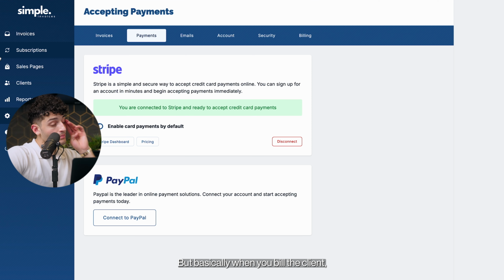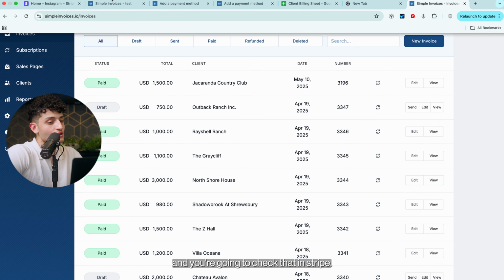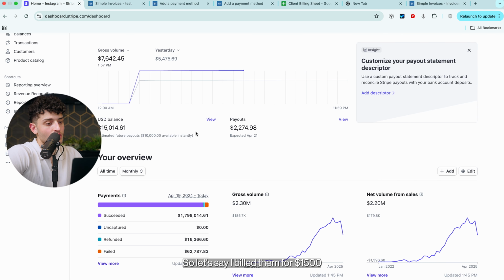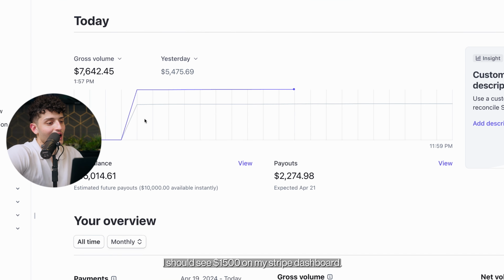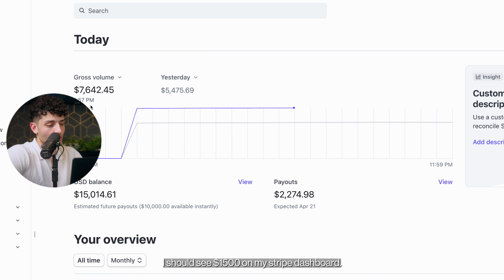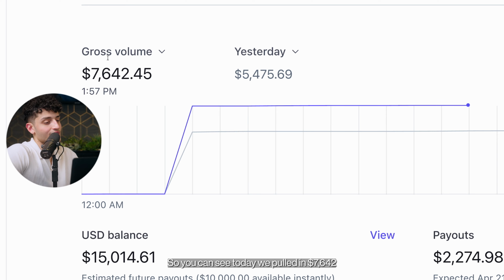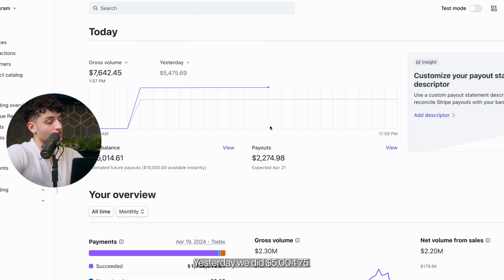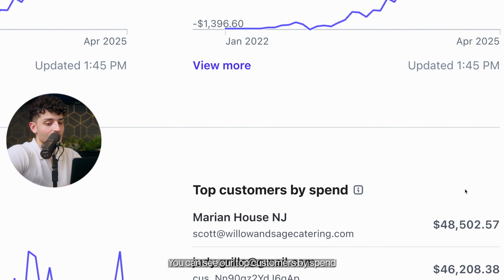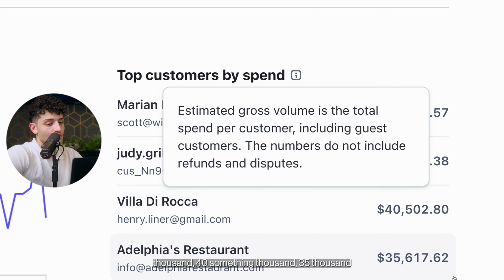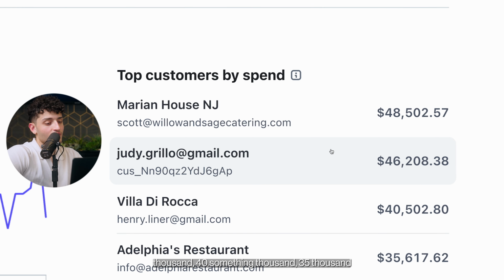That's very easy. But basically, when you bill the client, you're just going to make sure that the invoice actually goes through, and you're going to check that in Stripe. So let's say I billed them for $1,500 and there was no revenue for that day. I should see $1,500 on my Stripe dashboard. Now, this is my live agency dashboard. So you can see today we pulled in $7,642. Yesterday we did $5,475. You can see our top customers by spend have spent now 40-something thousand, 35,000 with our